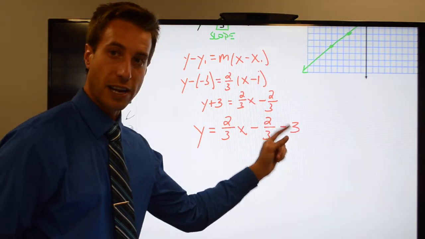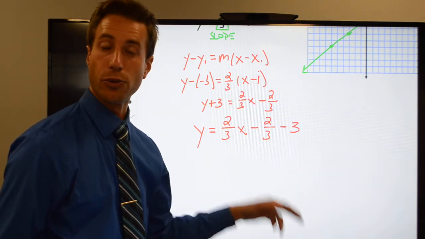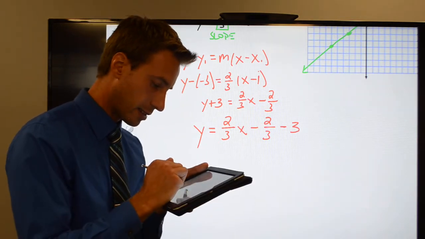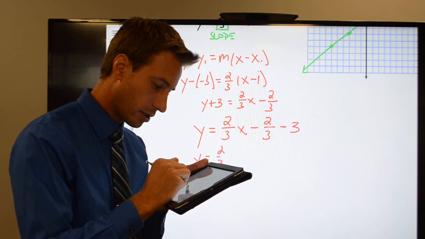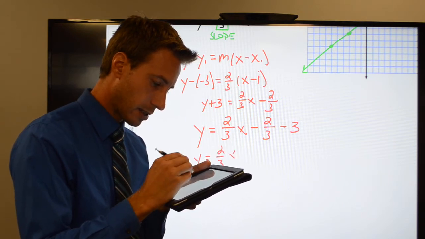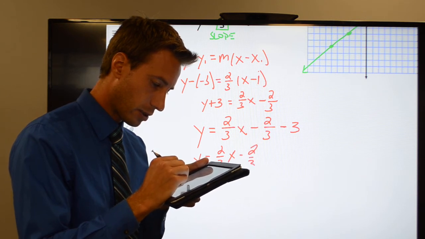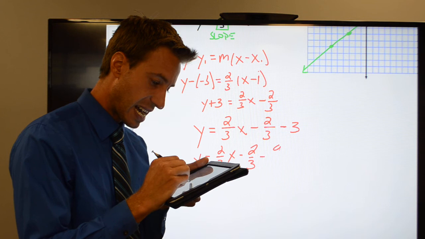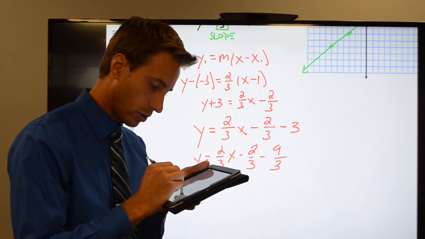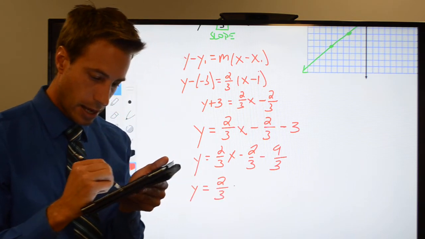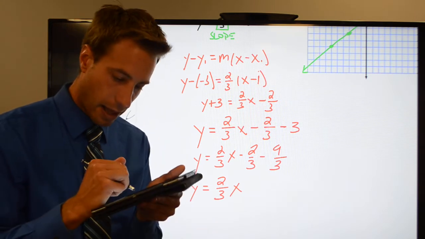In order to subtract fractions, I must have a common denominator. That means I need a 3 down here in the bottom. But if I put a 3 in the bottom, I must also put a 3 in the top. So I'm going to have y is equal to 2/3 x minus 2/3 minus 9/3. Here we go. Y is going to be equal to 2/3 x. I have a negative 2 minus 9. Hey, that's a negative 11. Minus